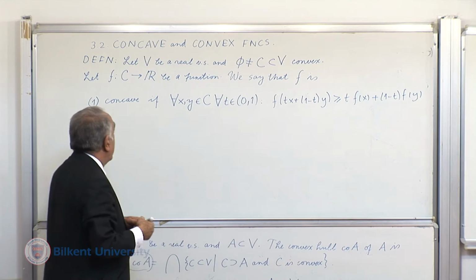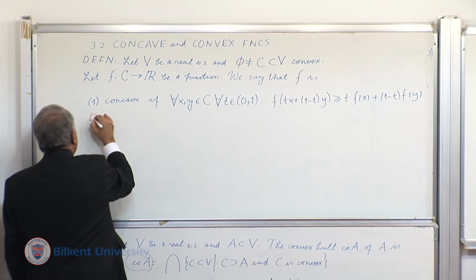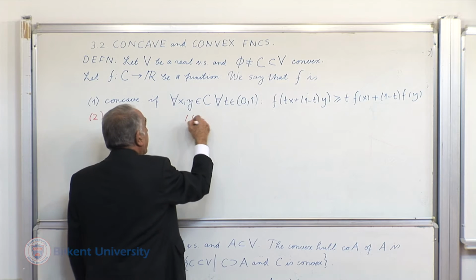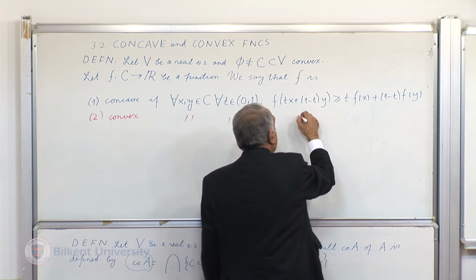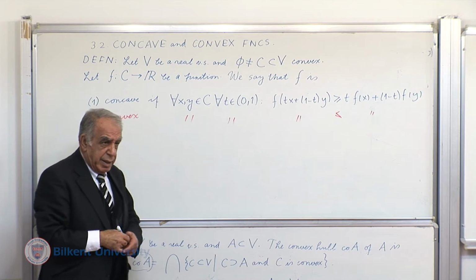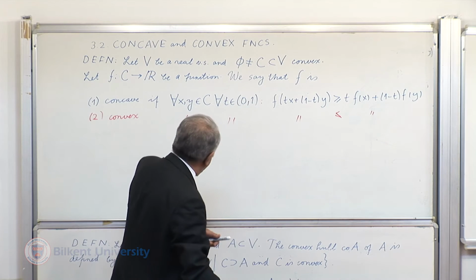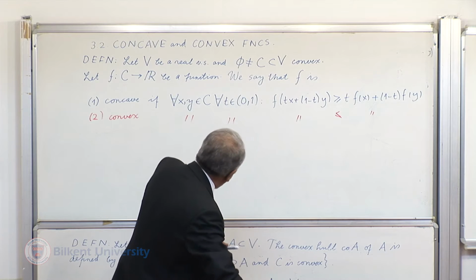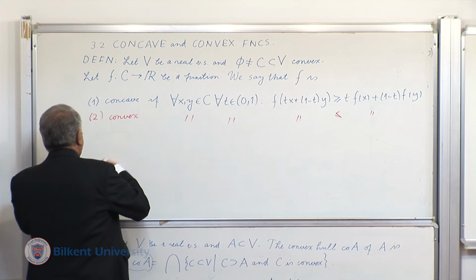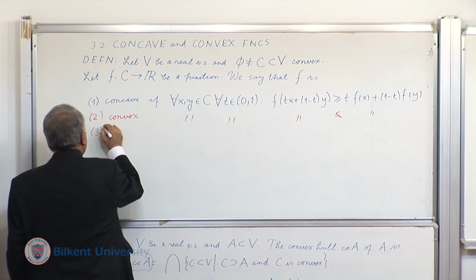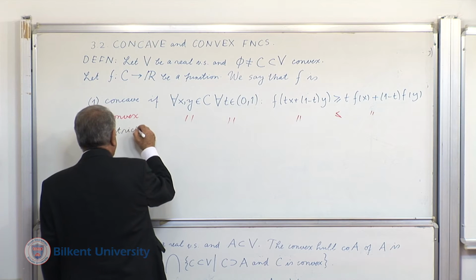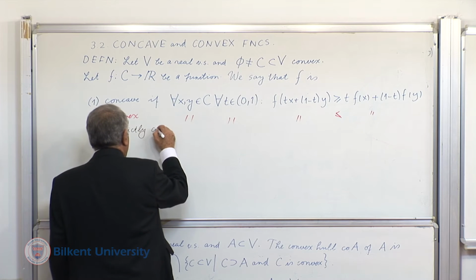We say that f is convex if all this holds, but this time the inequality is reversed. We say that this is strictly concave